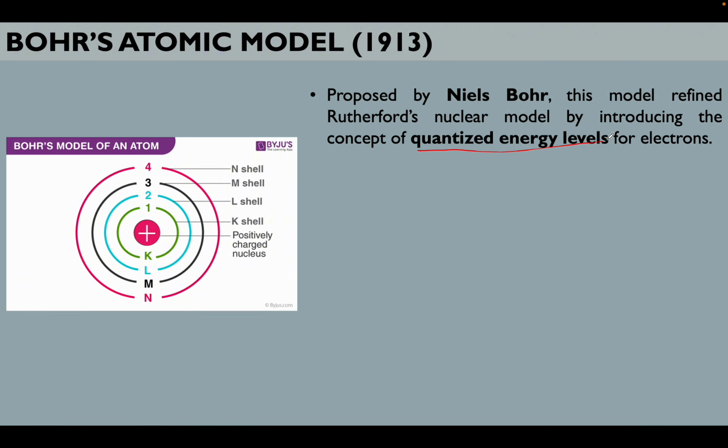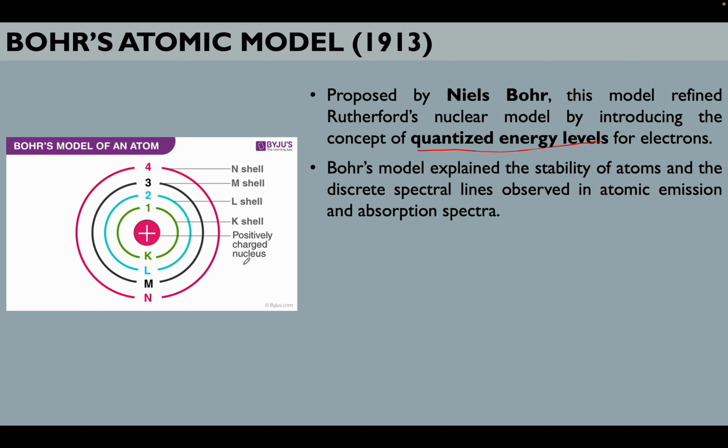According to Bohr, the electrons orbit the nucleus in specific discrete orbits and can only gain or lose energy by jumping between these orbits, which we call quantum leaps. So, this discovery, Bohr's model, explained the stability of atoms and also the discrete spectral lines observed in atomic emission and